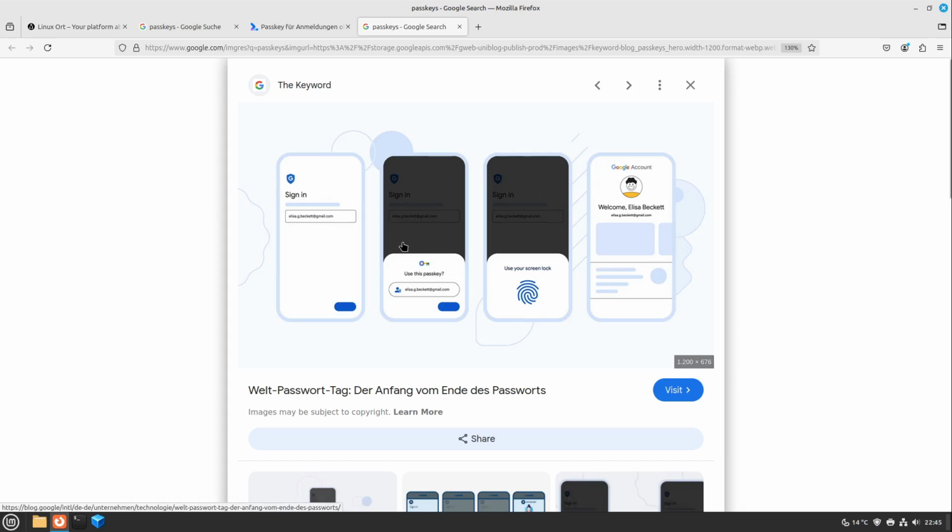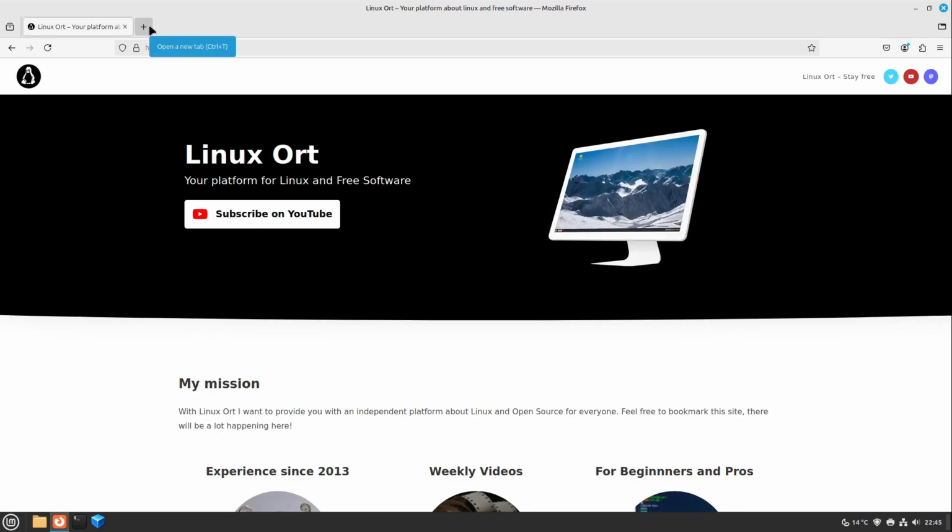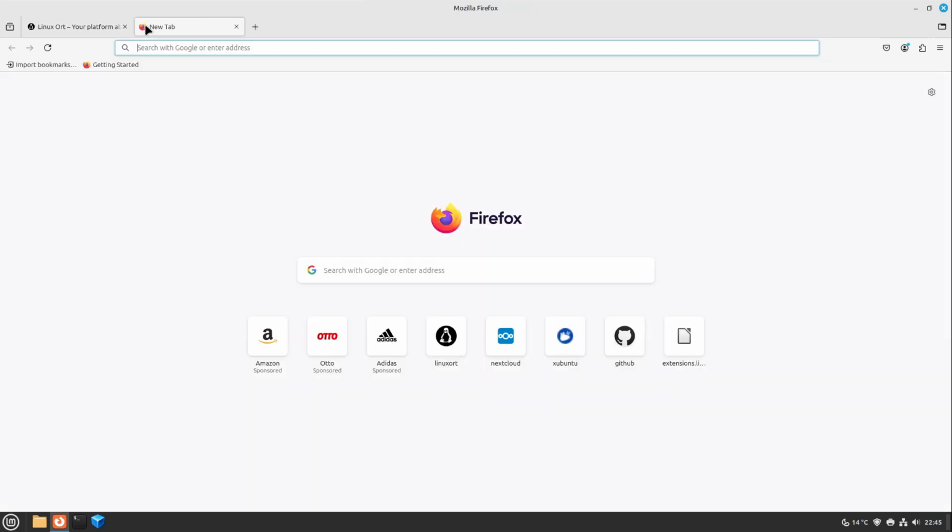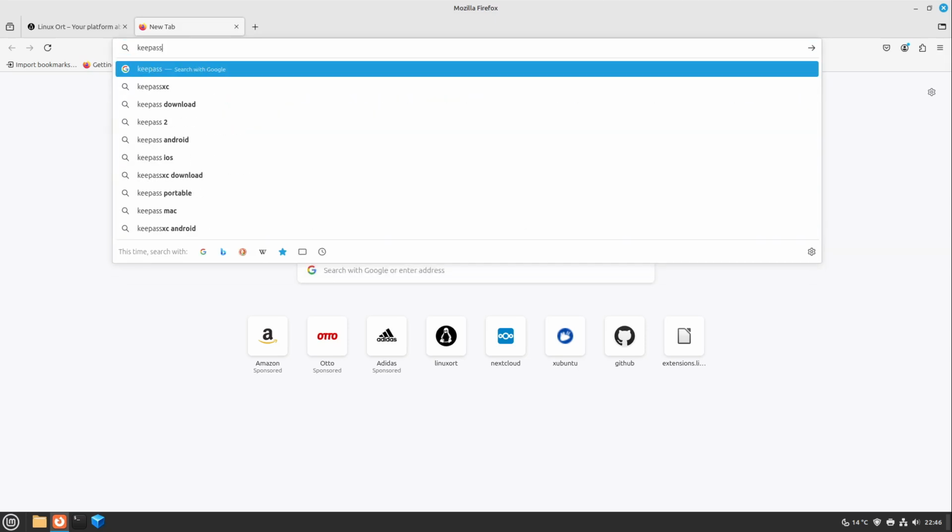So I would say, let's start right away. For that, we need our KeePass instance. By the way, if you haven't set up KeePass yet, let's do all the things we have to do. And we also have to ensure that we have KeePass version 2.7.7 or newer. So to make sure, I'm going to